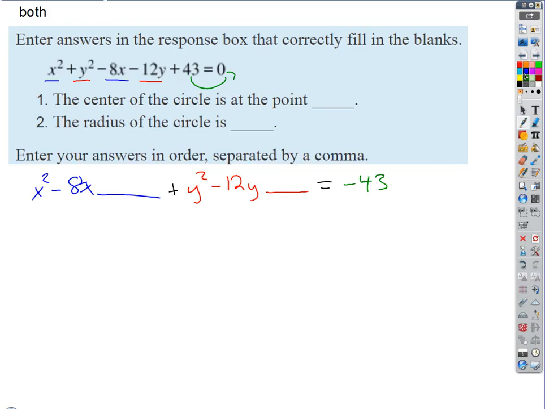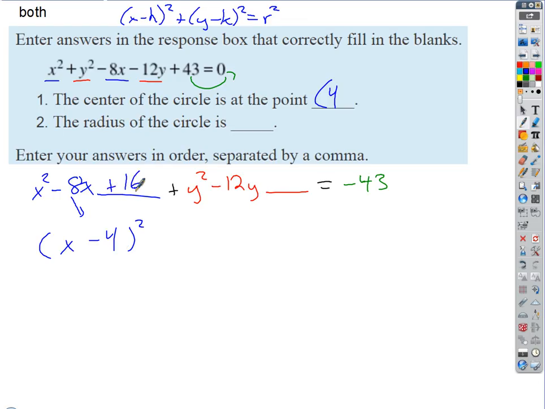If we complete the square for the x's, half of -8 is -4. So we can see already that the center of the circle, the h value, is +4. That's the number that's being subtracted from x. Because remember, we're just comparing this to the standard form: x minus h squared plus y minus k squared equals r squared. Okay, but to get this, going back to the algebra here, half of -8 is -4, but to get that,